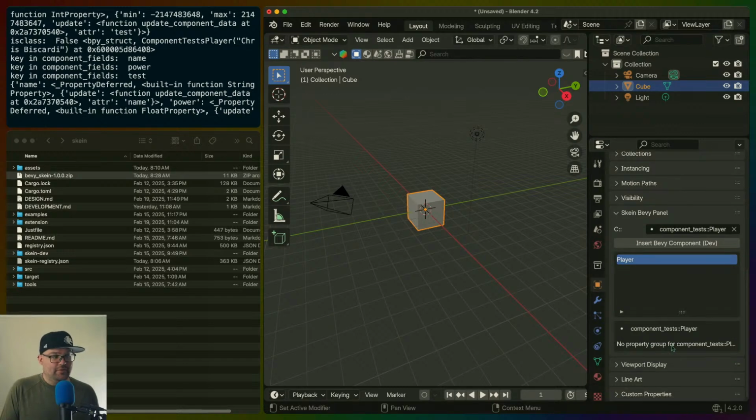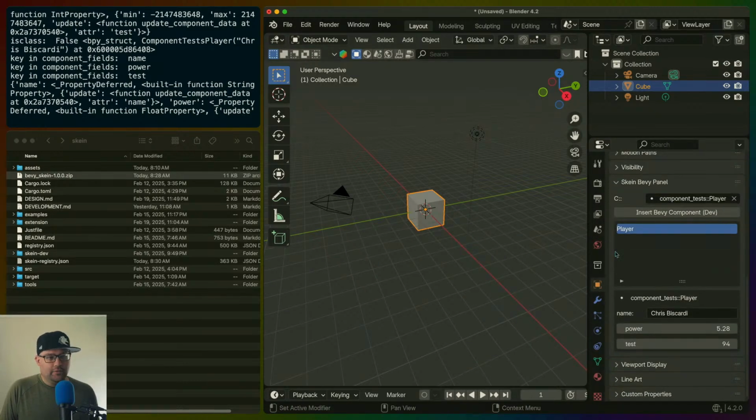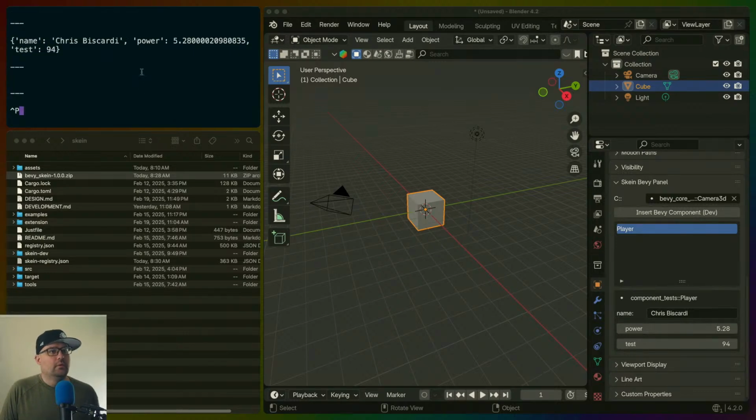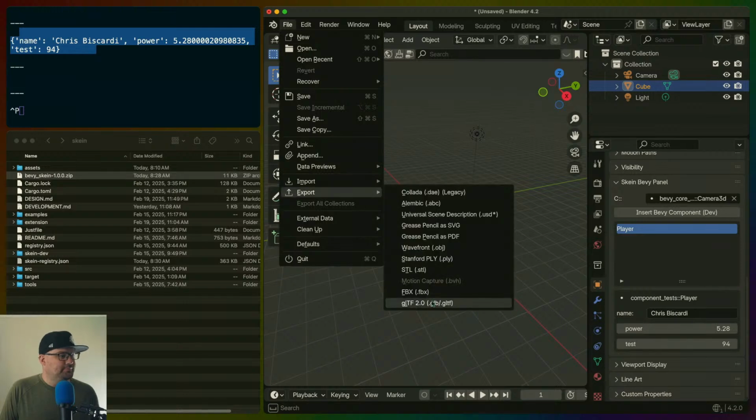So right now I have this thing where you have to have already run the Bevy reflection or Bevy type information stuff. If you don't run the type information stuff in development, then you don't get the form to show up and whatnot. So we're good here. We're getting this data. So if we export GLTF,